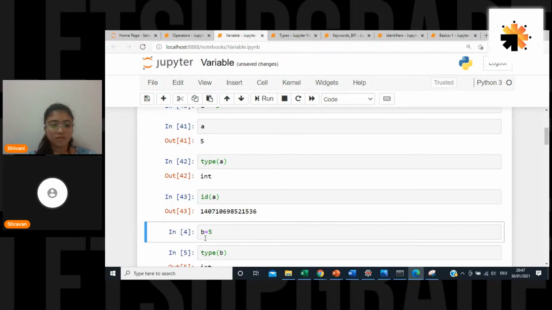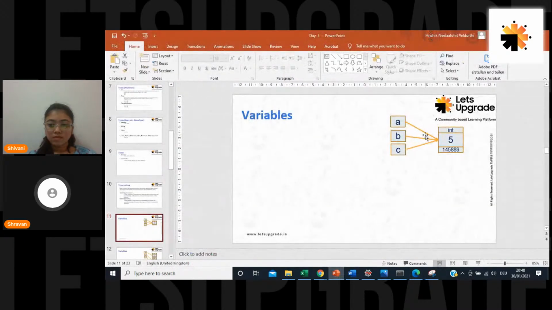Next, I'm giving b equal to 5. If you look at the PPT, my 5 object is the same, but I wanted to refer to it with another name, b. I have 5 here, an object.